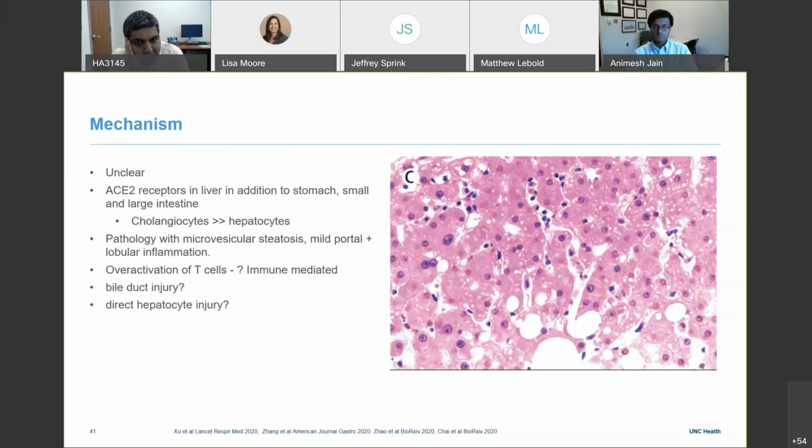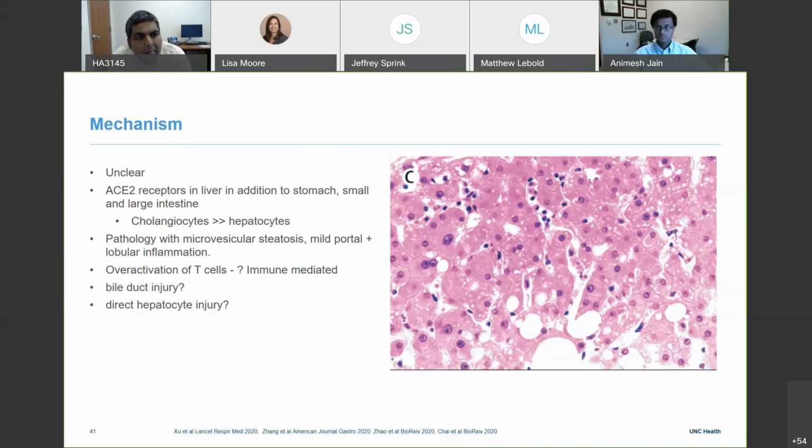So in terms of how this happens, it's not really clear. As Dr. Jain had alluded to, we think it has to do with the ACE2 receptors. On the slide that he showed earlier, on the far left was the colon and the intestines, and towards the right side, it was definitely less than the lungs, but the liver was there. We tend to see that cholangiocytes express more of the ACE2 receptors than hepatocytes, and that could also be reflected by the gallbladder on that slide, showing that they had a lot more ACE2 receptor